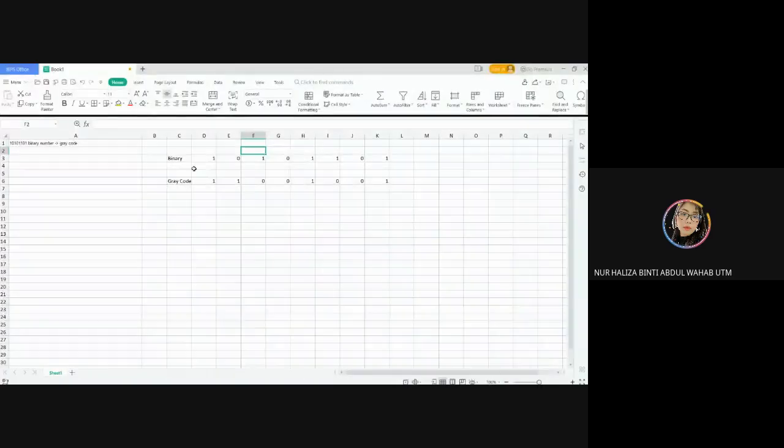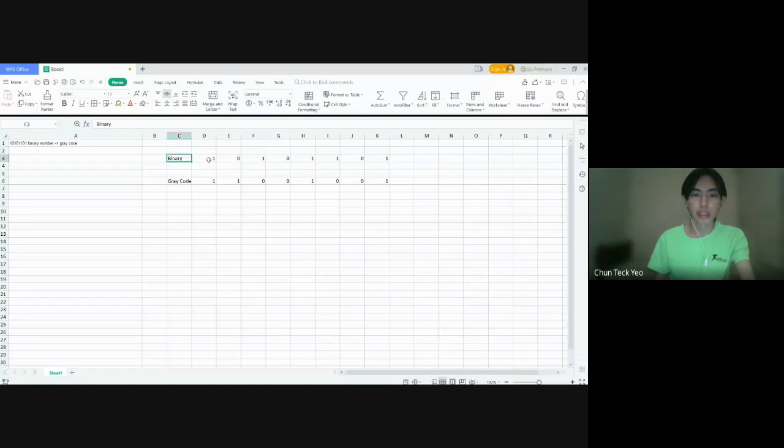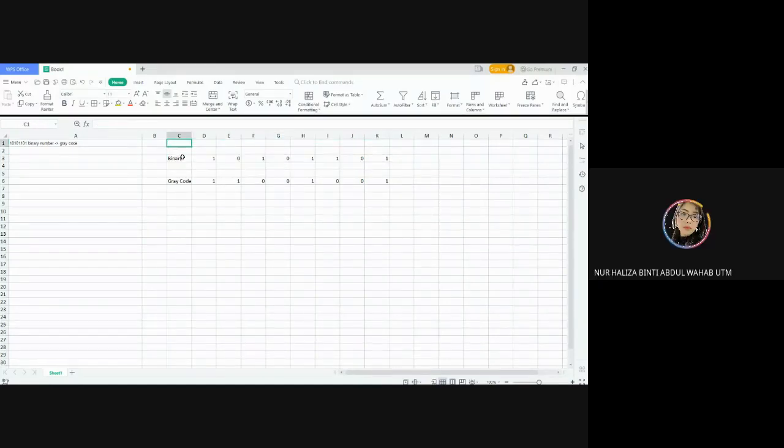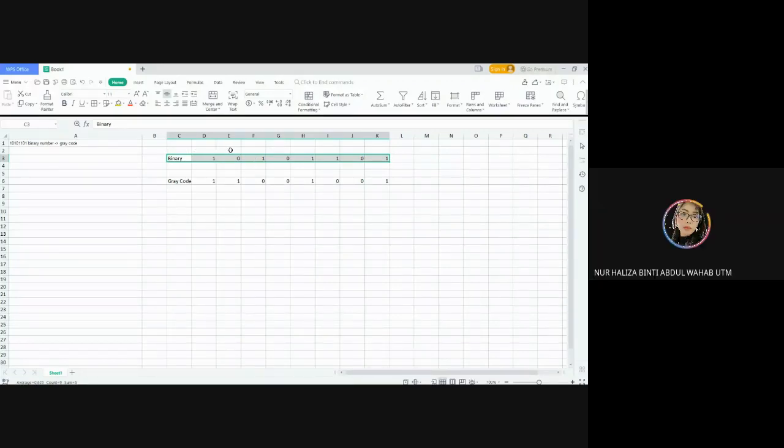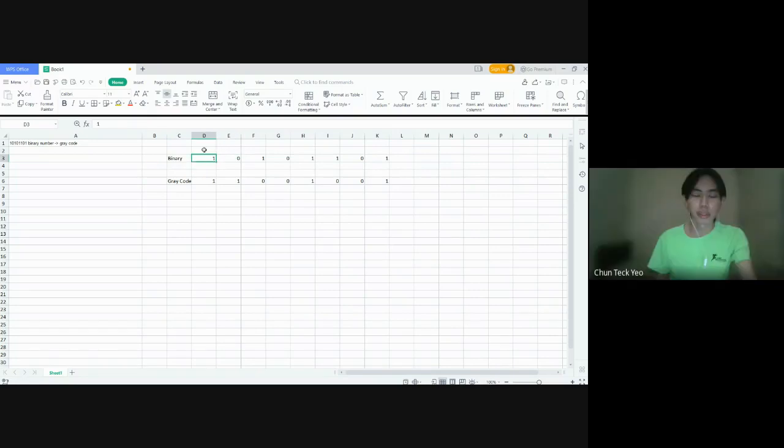Yes. Question. Can you just share your screen and then you teach us? Okay. So something like that. So this highlighted one is the binary number we just had. Then we want to convert this number to the gray code. We take the most significant